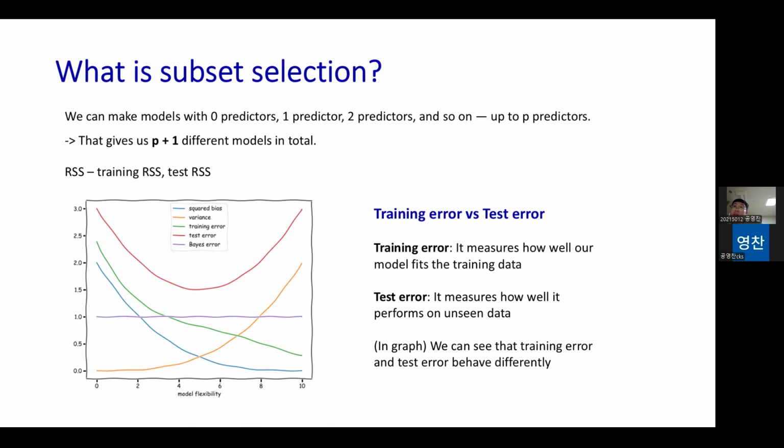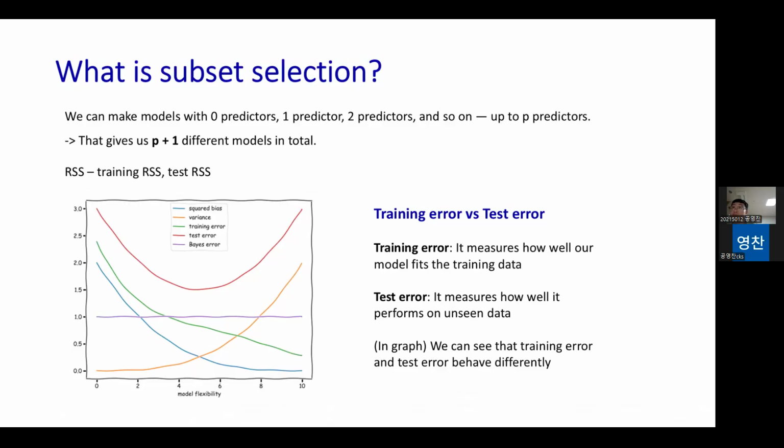Here we have two important versions of RSS. First, training RSS, which measures how well our model fits the training data. Second, test RSS, which measures how well it performs on unseen data. As we add more predictors, the training RSS always decreases. It means that the model fits the training data better and better. But as we can see in this graph,